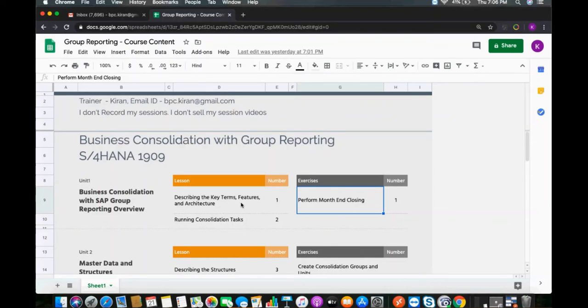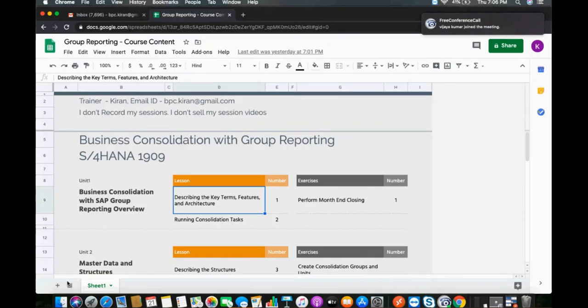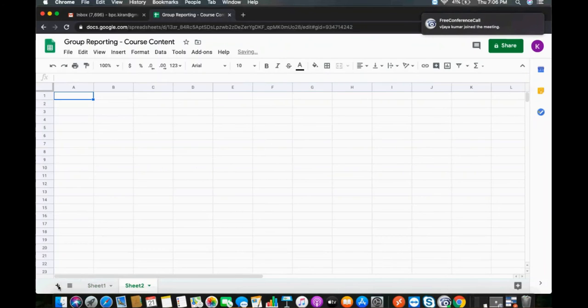So let's understand the key architecture first. There are three tables involved here. Three tables, ACDoc A, ACDoc, two tables. Let's go with two tables, ACDoc U. I'm not talking about the plan data table, ACDoc E, ACDoc A and ACDoc U. As you know, ACDoc A is universal journal data.